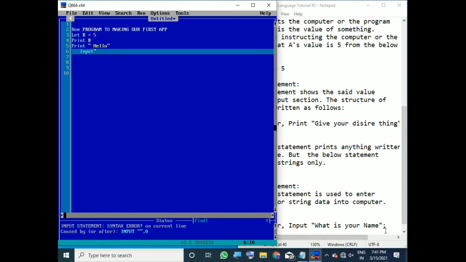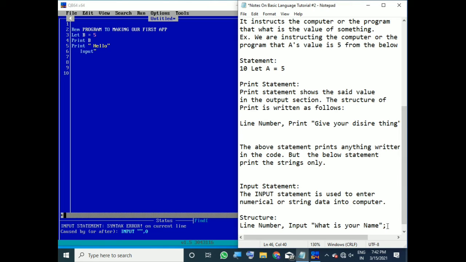So I'm writing the semicolon here. If I write this semicolon, then after that we have to write some variables. As we know, variables are something like that, so we list any variable.